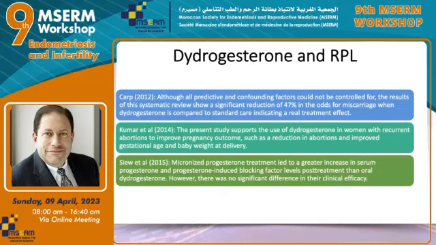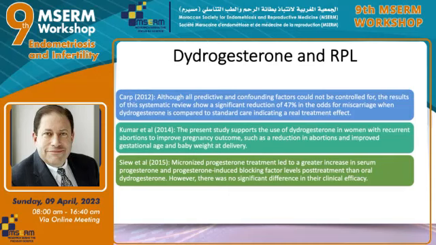And that in and of itself leads to some of the issues with not controlling all of those confounding or predictive factors. But at the end of the day, there was a profound reduction in risk of miscarriage for those